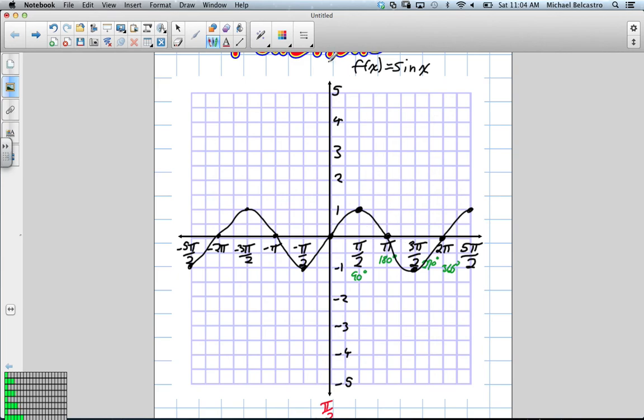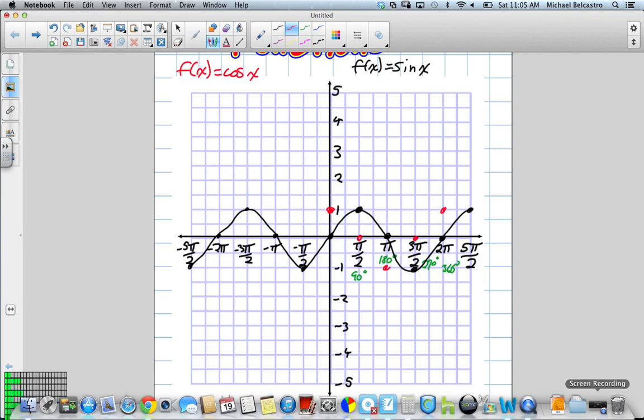Okay, so the black one is a sine function. We'll do a cosine function. Okay, cosine starts at 1. It's a little different from the sine function. You recall this? This is all right with you? Okay, and you know how this pattern continues? Okay, good. So then what I'm going to do